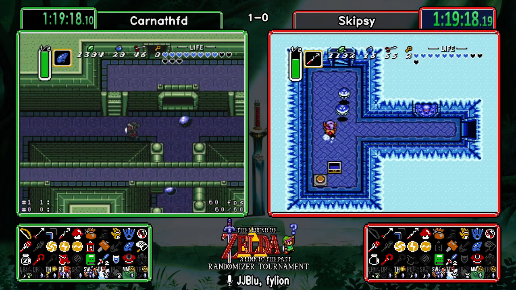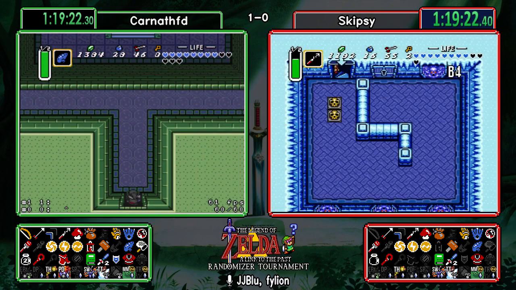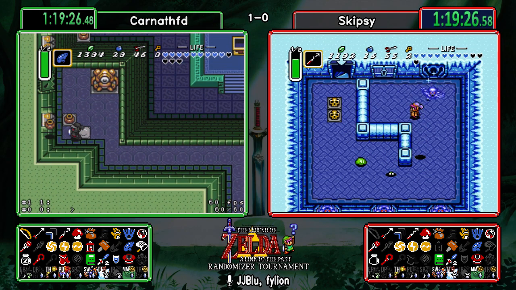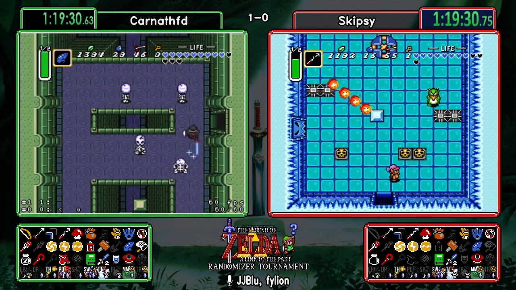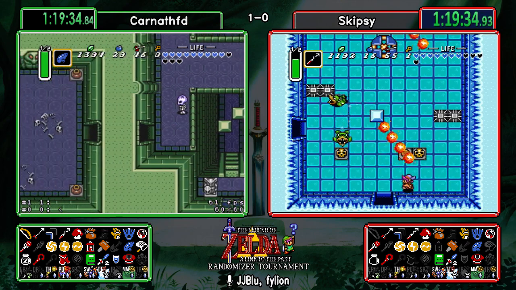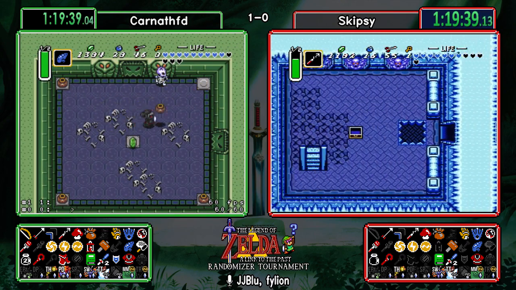Oh my goodness, there's the boots for Skipsy in the iced tea room. That's 3 items out of Ice Palace. That is huge for him. I really need to stop calling the items. That's an incredible find for Skipsy. He is still going around this dungeon. Maybe there is one more item to find, but